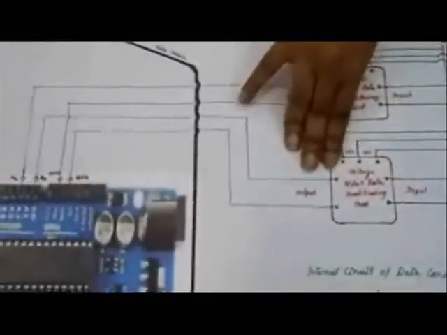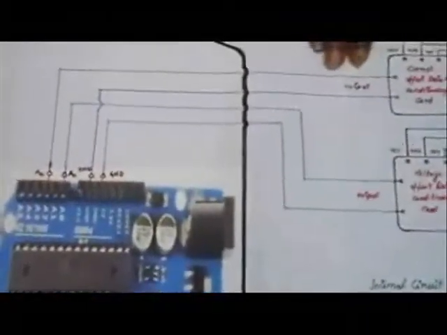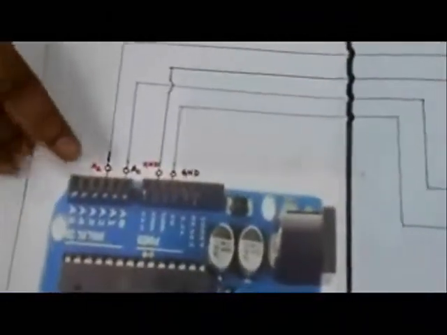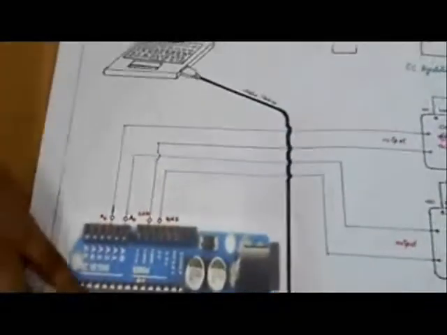Now the offsetted voltage signal and the offsetted current signal are given to the Arduino. Here the input is given to the analog pins. The voltage signal is sent to the analog pin A0 and the current signal is sent to the input pin A2 along with the grounds. The programming done in the laptop is dumped into the microcontroller of the Arduino using a data cable.